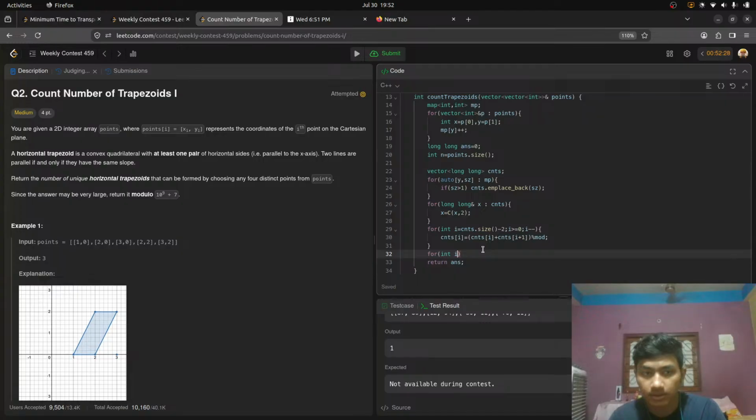Anyways, okay, so from i equals counts.size minus 2, i greater than or equal to 0, i minus minus, but yeah, we are going to do